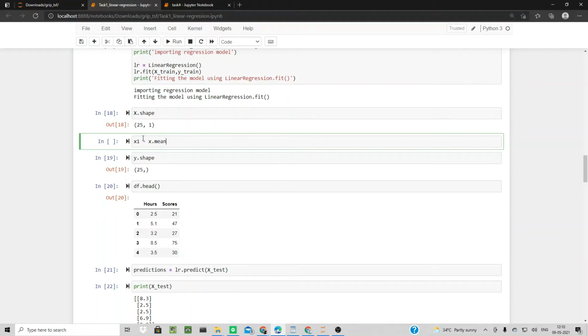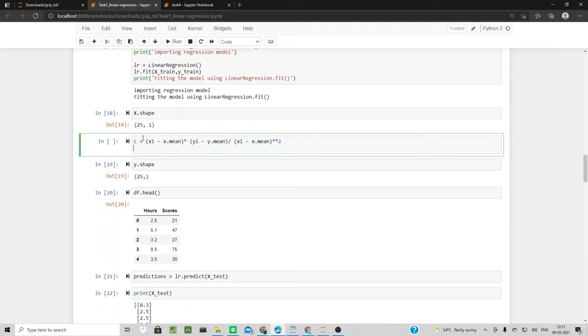Coming to theta 1, it is nothing but the value of an individual sample of x minus the total mean of x, into the value of an individual sample of y minus the total mean of y, divided by the sample of x minus the total mean of x, whole square.